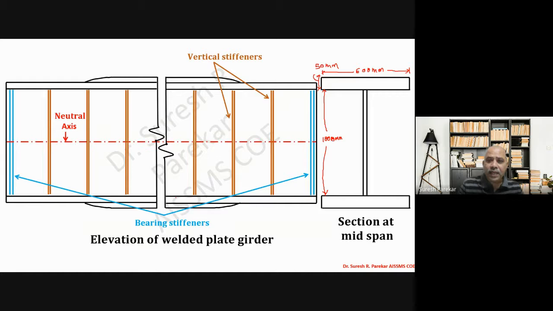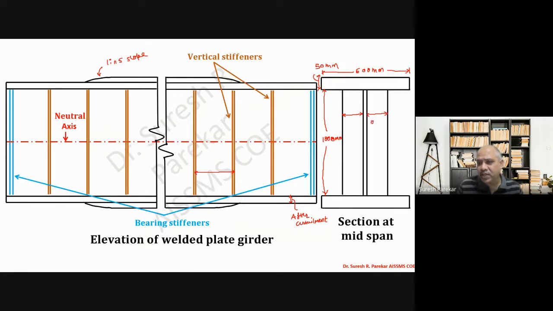And then you have to write down what is your spacing of this stiffener. And then this thickness you have to write down, which is after curtailment. Then this slope we have 1 in 5. So this is 1 in 5 slope. So we have to show the dimensions. Then you have to write down what this is at mid span.